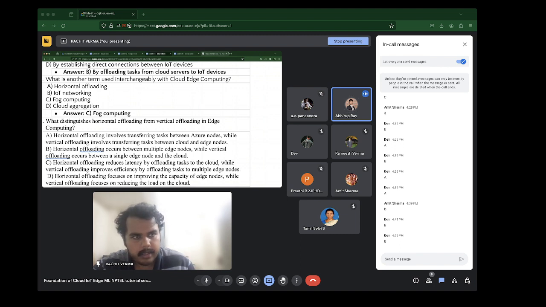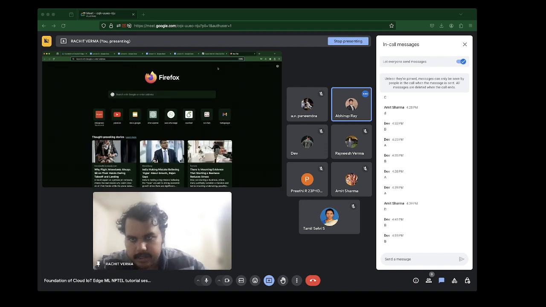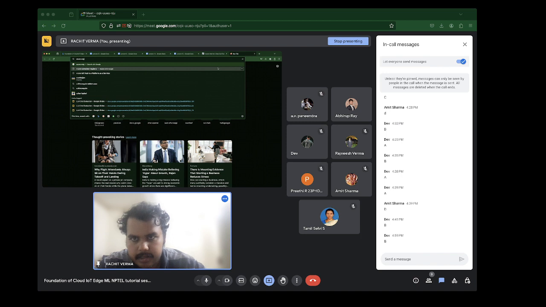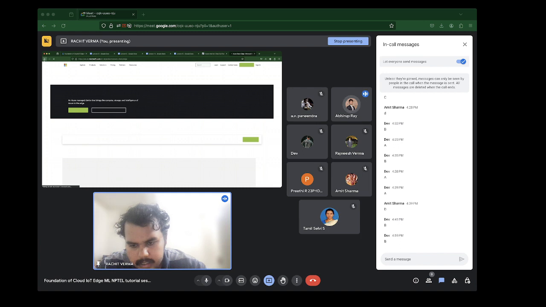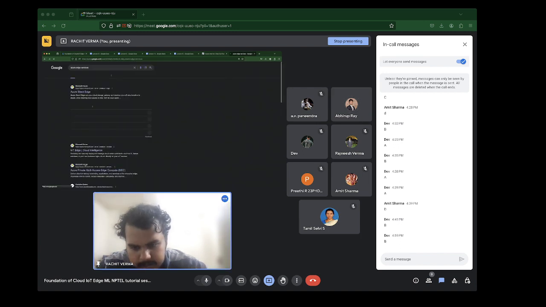Right. I just want to check how Azure's edge nodes work. So yes, Azure does allow some amount of multi-access edge computing. Looks like it.